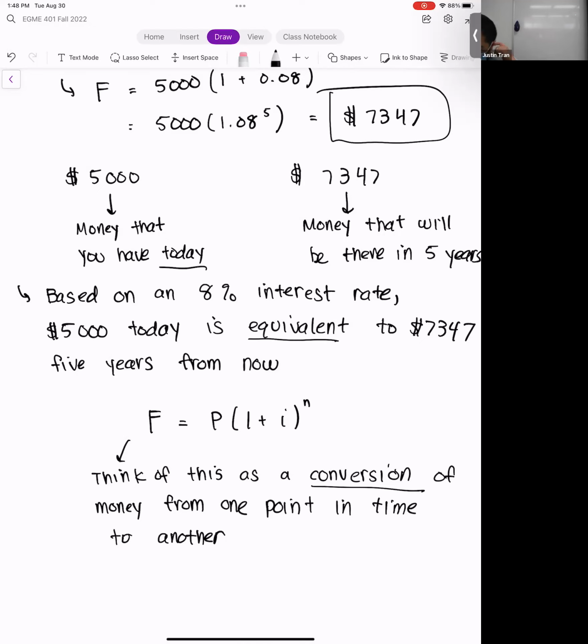Okay. Right. And so I use the word conversion, and as we start to introduce different types of cash flows, and so as we introduce the uniform series or the arithmetic gradient, I think for me at least the idea of these being a conversion kind of helps with understanding what it is.